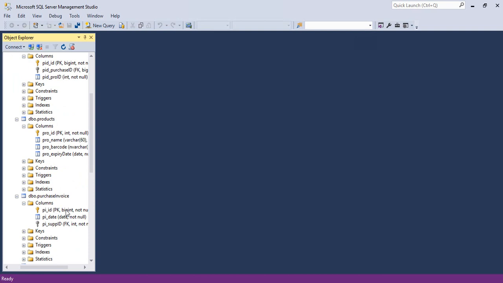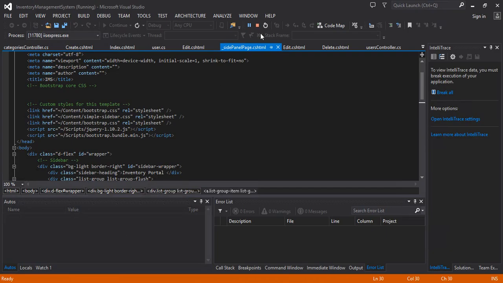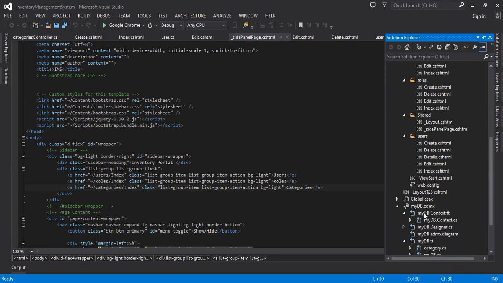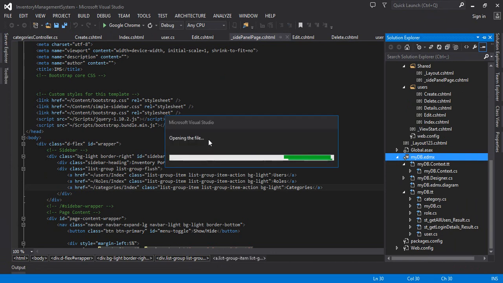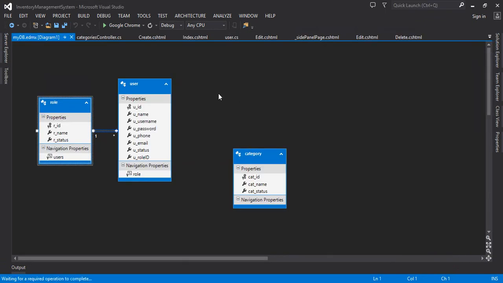So first of all, the thing that we have to do is insert the purchase invoice, that is date and supplier ID. For that purpose I first have to add my purchase invoice, my products table and my purchase invoice details table inside my data context class, or generate the model classes for that. So for that purpose मैं यहाँ जाऊँगा and I will open my db.edmx file and I will update my database from here. Okay, alright, so right click on it and